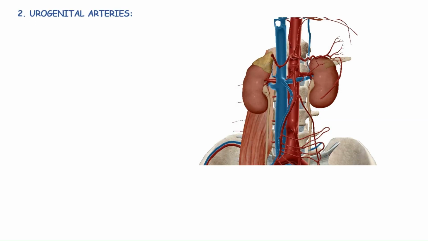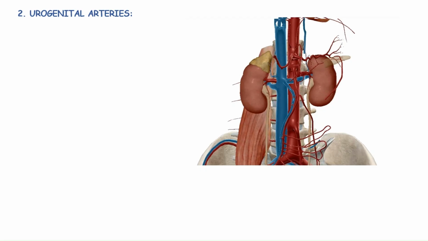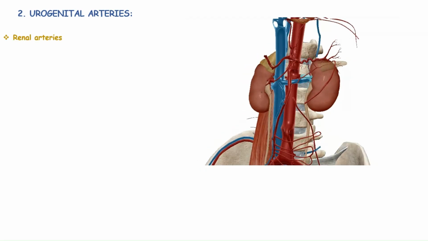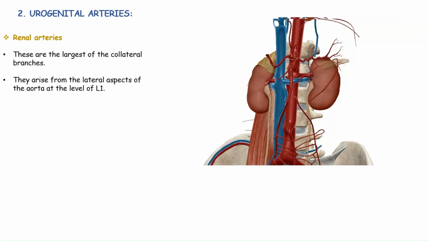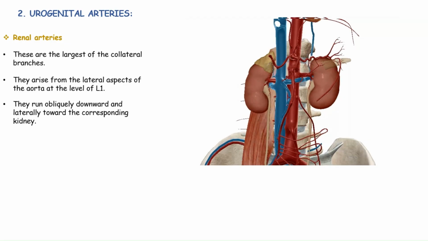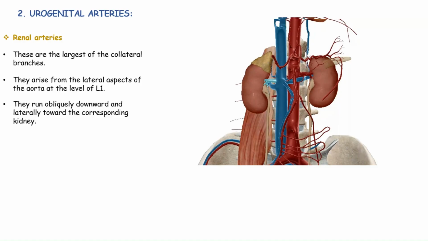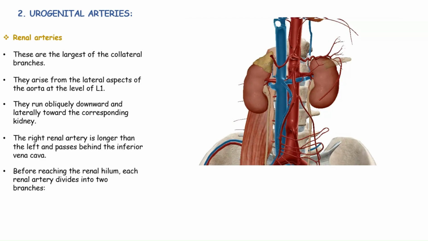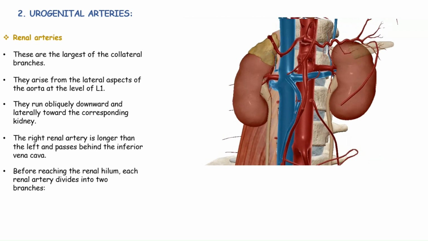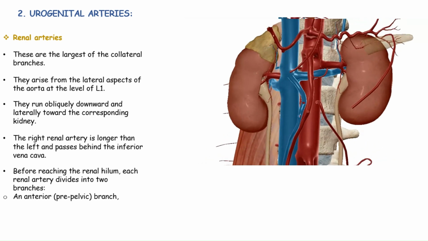Now the urogenital arteries, composed of the renal arteries. The left and right renal arteries are the largest of the collateral branches. They arise from the lateral aspects of the aorta at the level of L1. They run obliquely downward and laterally toward the corresponding kidney. The right renal artery is longer than the left and passes behind the inferior vena cava. Before reaching the renal hilum, each renal artery divides into two branches: an anterior prepelvic branch and a posterior retropelvic